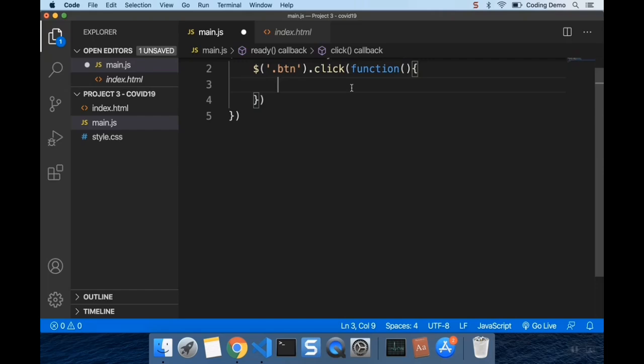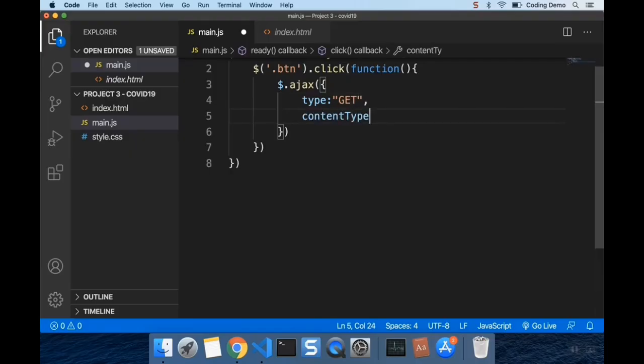Can you figure out what kind of request this will be? Will it be a get or post or put or delete? I guess, right, it will be the get request. So we'll say Ajax, and in here we'll pass the parameters. So the type is get. The content type we need is application JSON, so I'll say content type